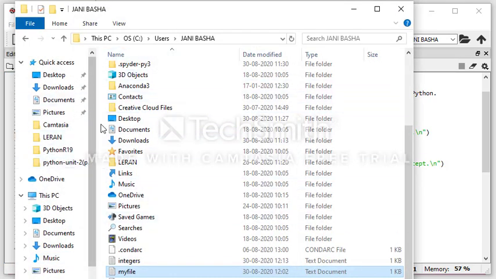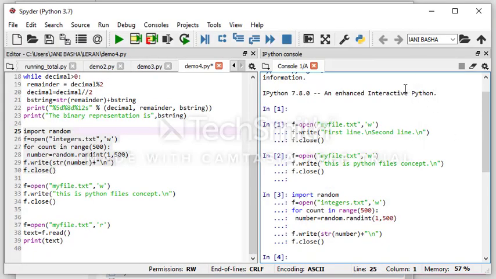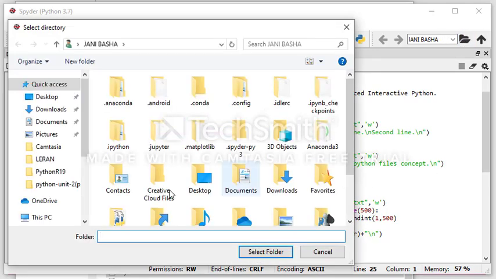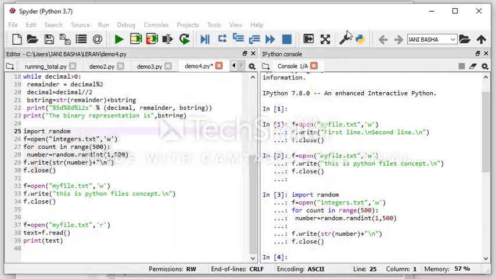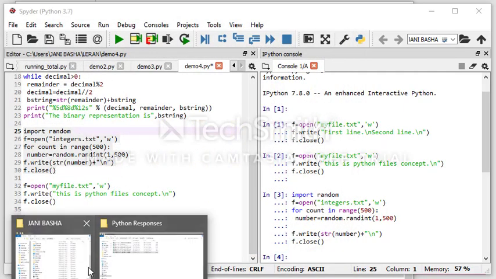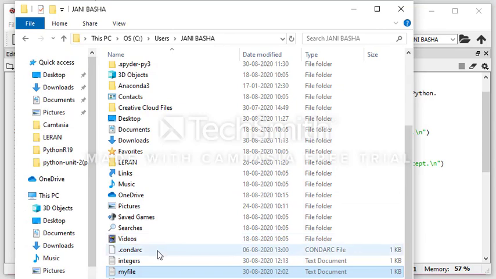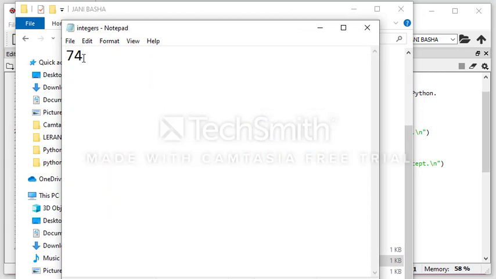Okay, so like earlier I have shown you, in the C folder, in the folder called users, there is a folder called Johnny Basha. In that we have integers.txt. Sir, will the file always be like this? No, we can change the file here. We can change the path of the file here. So here we can change this path of the file like this. You can keep it on the desktop or any D folder or anything, right? But I have given the path in such a way, like this. So I have an integer folder. When I try to open this integer folder, there is a number generated called 74.